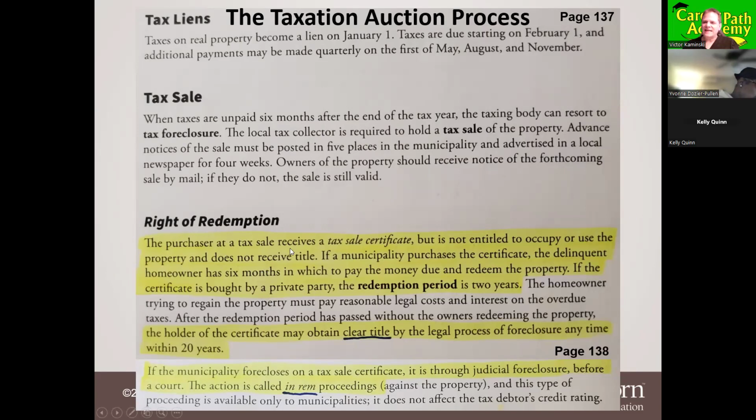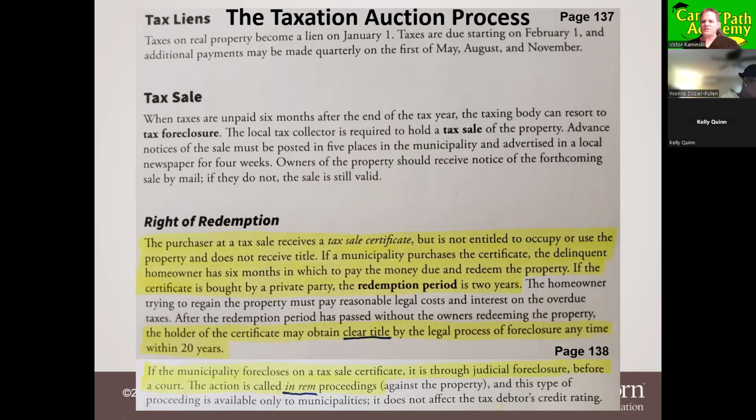The purchaser at that tax auction receives that tax sale certificate that just says that that homeowner now owes you that money that you paid in their property taxes, plus whatever interest rate you won it at, and what date that they have to pay you back by. They got 2 years to pay you back. Otherwise, you could foreclose on them and then become the owner.